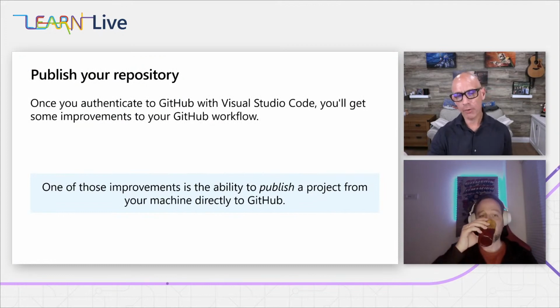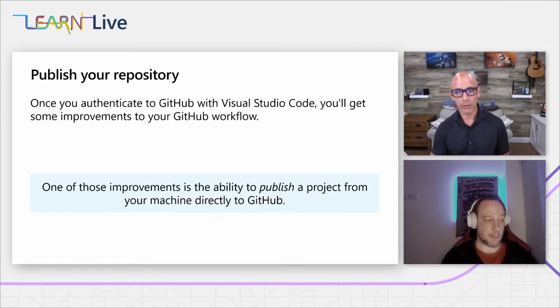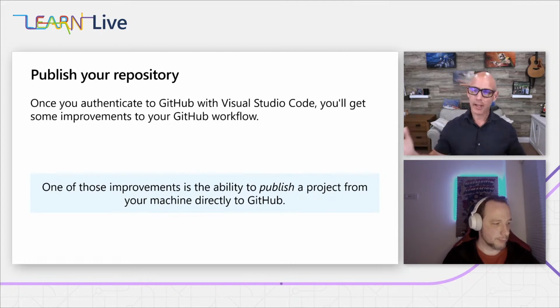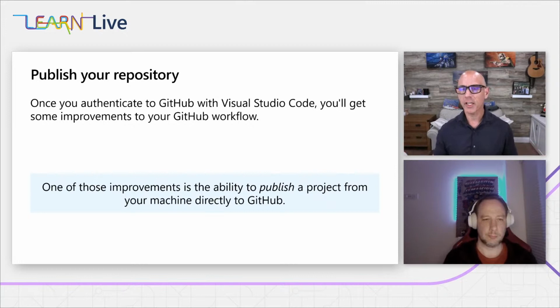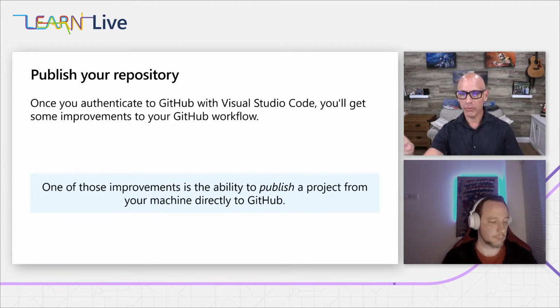But after that, we're going to figure out how you can publish your own repository using VS Code, or Visual Studio Code, through the extensions. So one of the cool parts is you can just start working. Imagine the scenario: you're on your machine, you're working on code, it's not in GitHub, you get this great idea for a project, you start moving forward, and then suddenly you realize, I need to publish this on GitHub. And maybe I should have gone to GitHub first. How do I do this? So one of the cool things here is you can actually use the extension to publish your project directly from VS Code, which we're going to take a look at.